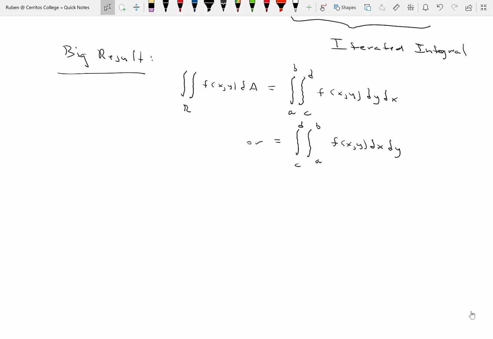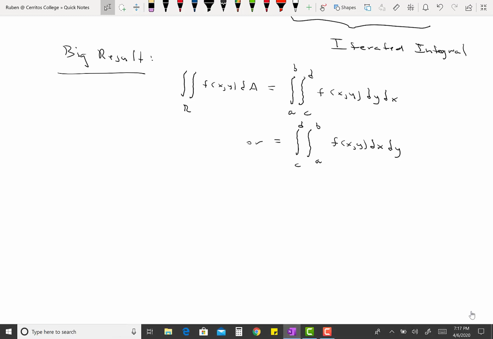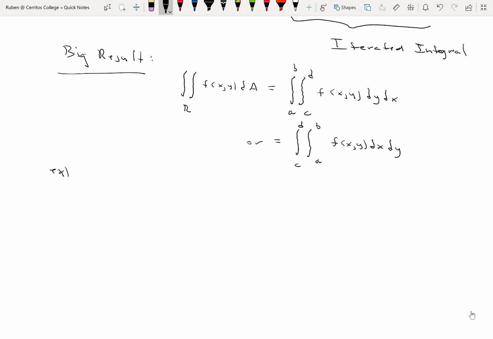So for this example, we're going to look for a volume. Our next example, a very, very important example. Our example is to find the volume of the solid S, capital S, where